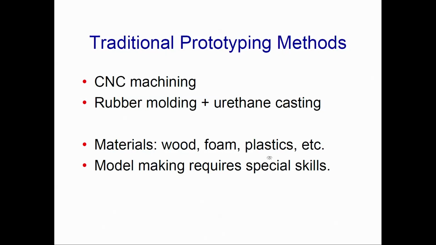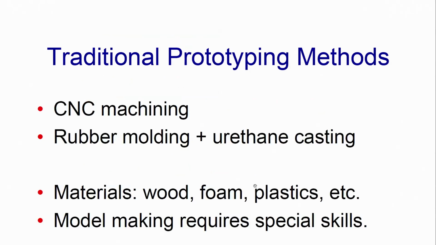Then we have plastics, where you can take polystyrene or PVC or anything and then do CNC machining or cutting. This need not be explained to you. Model making: there are highly skilled model makers, and these people make models for industrial prototypes and also for architecture, and sometimes when the photograph is presented to you, you will think that is real, this is how the actual thing looks.